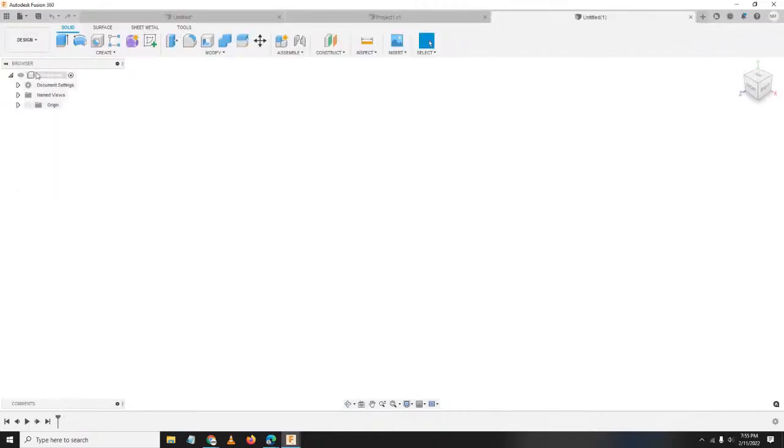Okay. So sa browser, under document settings, here we can change our units. So as I mentioned, the default units for Fusion is millimeter. So you can click this node, change active units. So unit type, we have centimeter, millimeter, meter, inch, and foot.